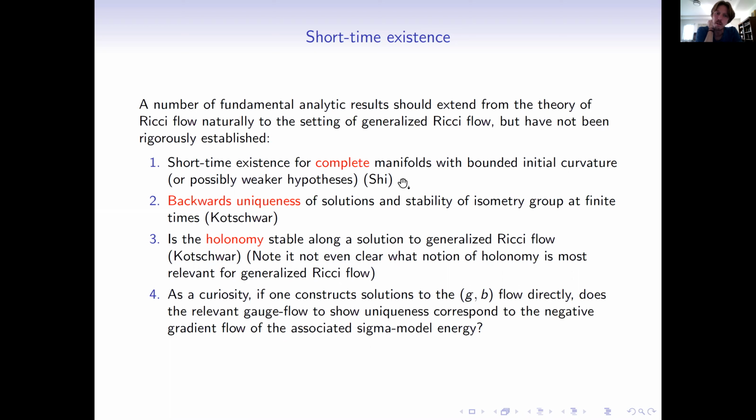You could try a similar thing in solving for the GB flow directly, and probably the correct flow for the family of automorphisms that you need is the gradient flow of this modified sigma model energy. Because of course, with the H field gone, this just is the harmonic map energy somehow. So maybe, I'm not sure, but